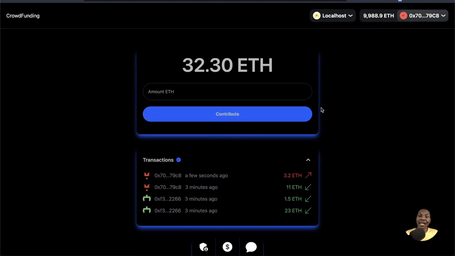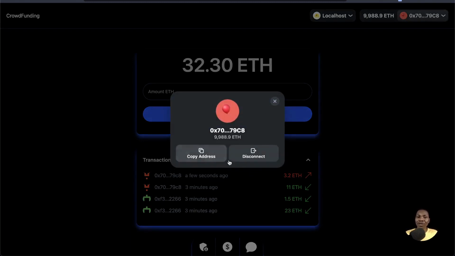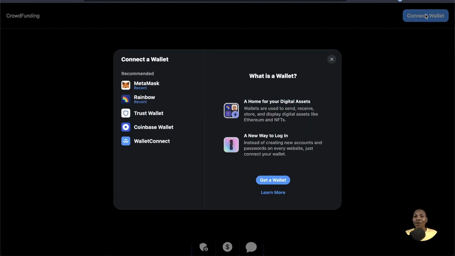There is a lot that goes on under the hood to ensure that this appears the way you're looking at it right now. So I'm going to show you in this course the difference between integrating straight up with MetaMask only, and using a different one. But before I move forward, this is what I want to do right now. I want to connect this wallet again. I want to use the RainbowKit